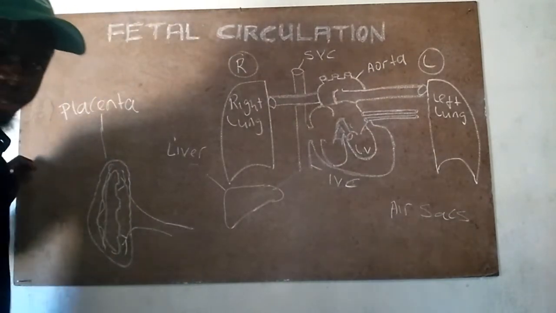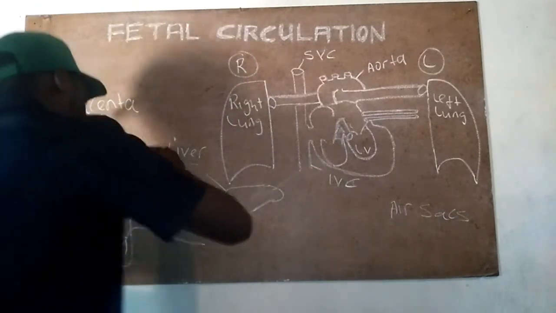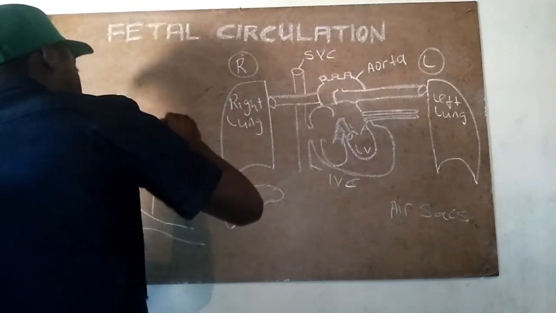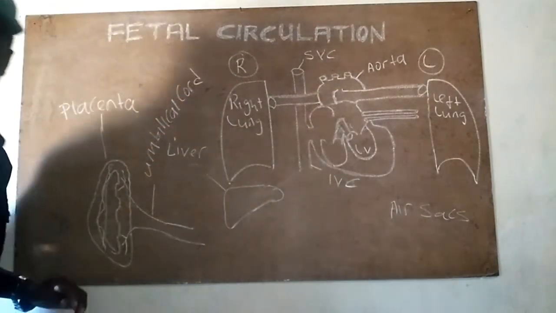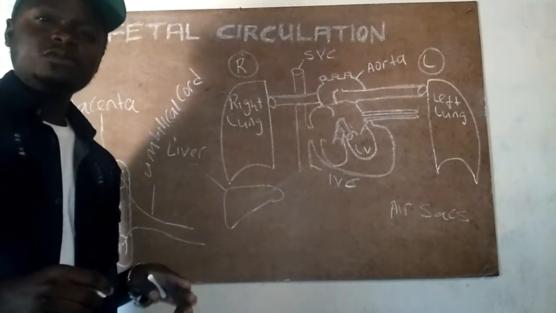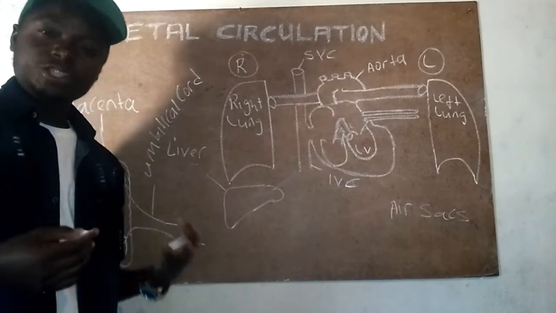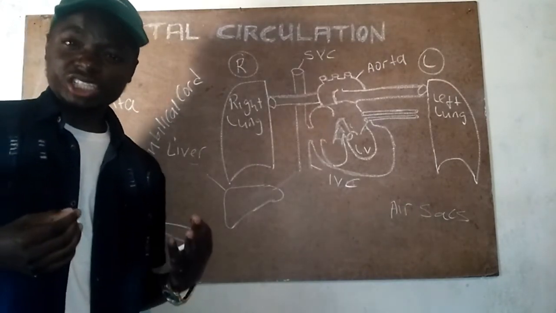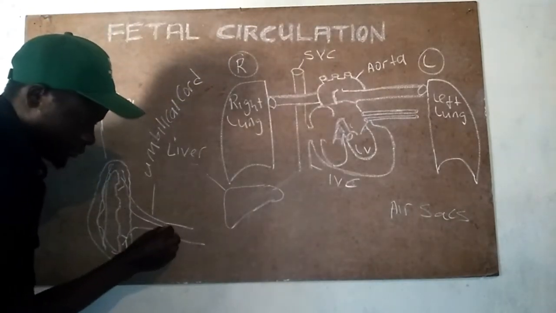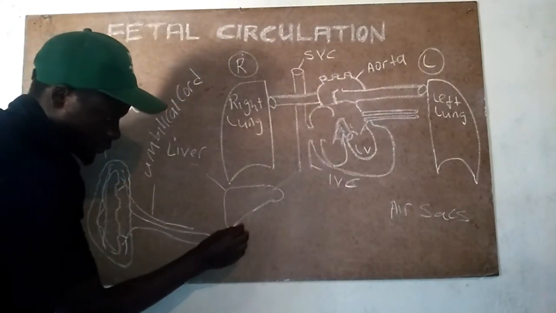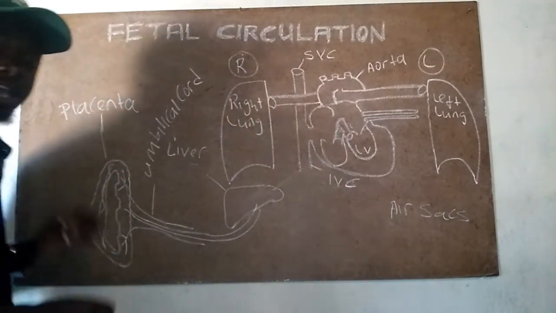So this is the umbilical cord. And of course, the umbilical cord is made up of 3 blood vessels. There's going to be the umbilical vein, which is going to take oxygenated blood towards the liver. We'll start with the umbilical vein first, coming from here. And the umbilical vein